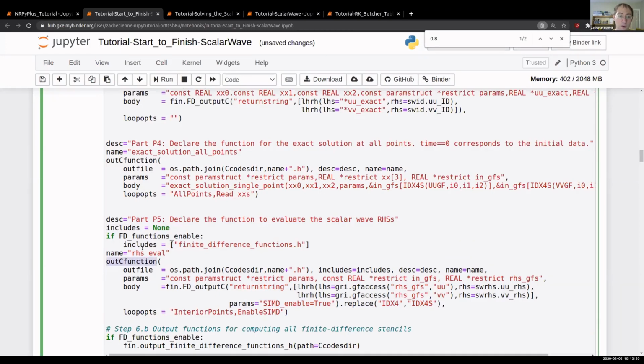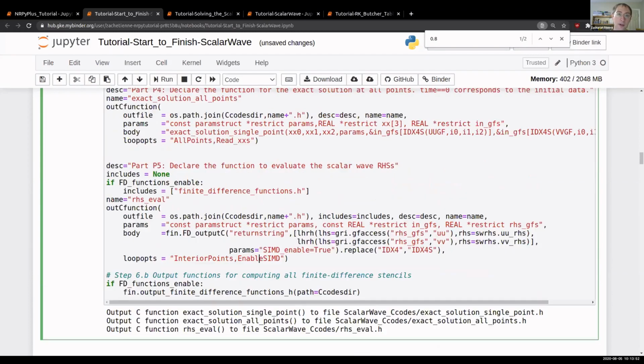Here are the input parameters. Here is what goes in the body. And you can also specify loop options. So basically by default, you can assume that there is a loop inside the body, and the loop is going to be over interior points, and we're going to enable single instruction multiple data intrinsics. And if you want to see what this looks like,